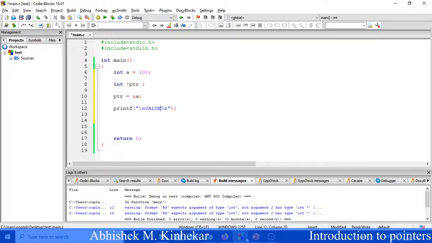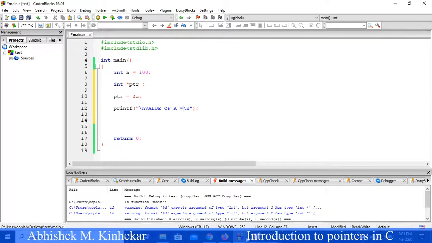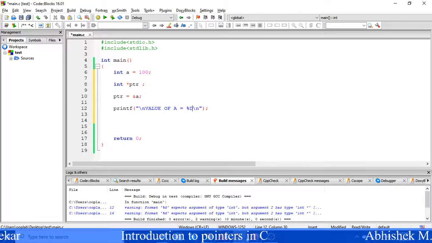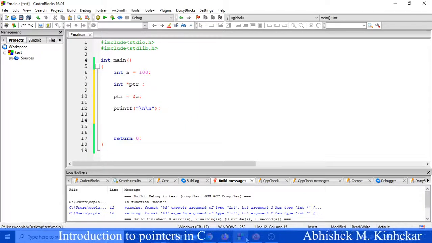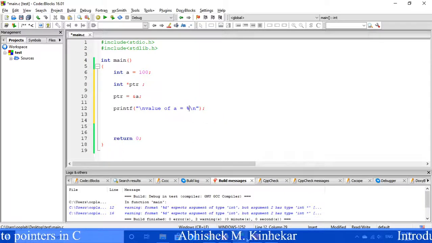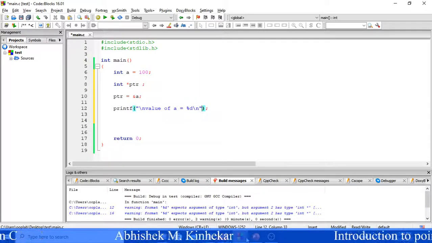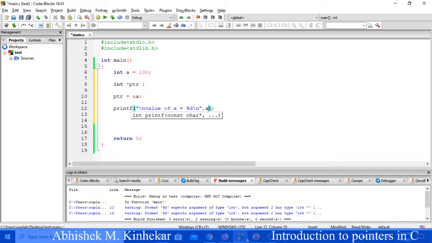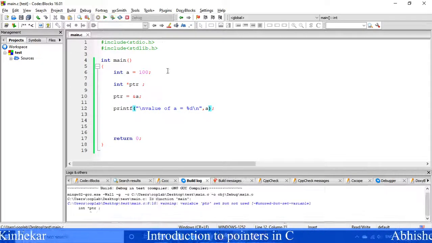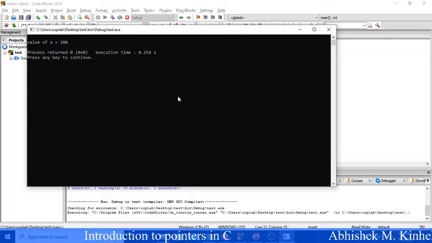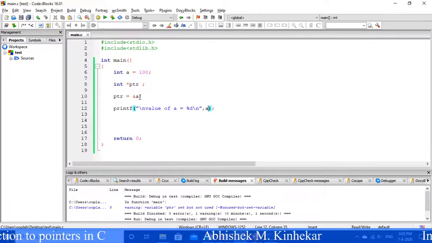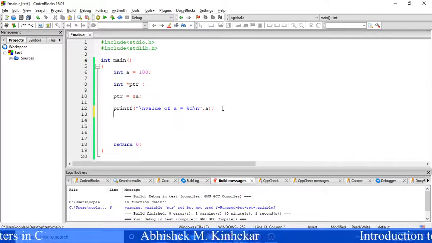So "value of a is equal to %d", comma a. Clear? So what will it print? It will simply print the value of a. And what is the value of a? 100. So as simple as that, a = 100 will be printed. No big deal, everybody can understand it.